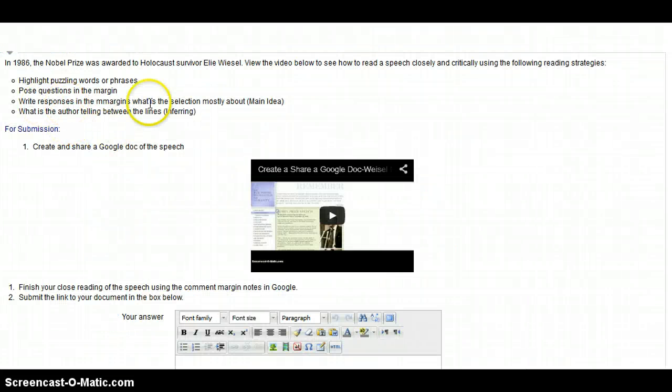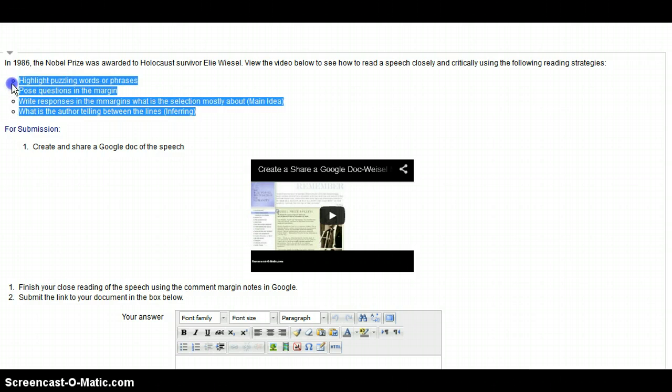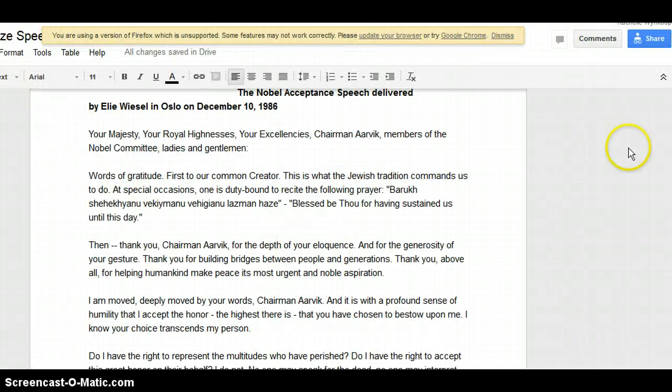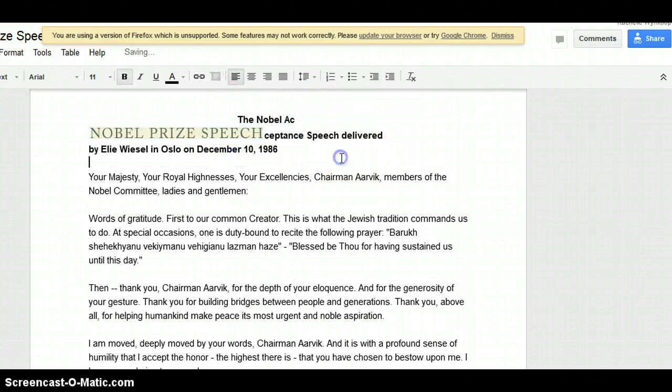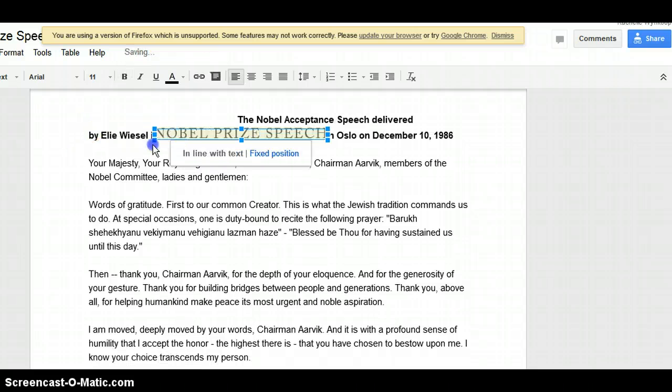Just a little hint, one of the things that you could do is go back to your assignment page, and what we're responsible for doing, our close and critical reading strategies, we could actually highlight that, use Control-C to copy it, and then when I go back to the tab where I have my speech, I could add a comment at the top simply by highlighting Nobel Prize speech,